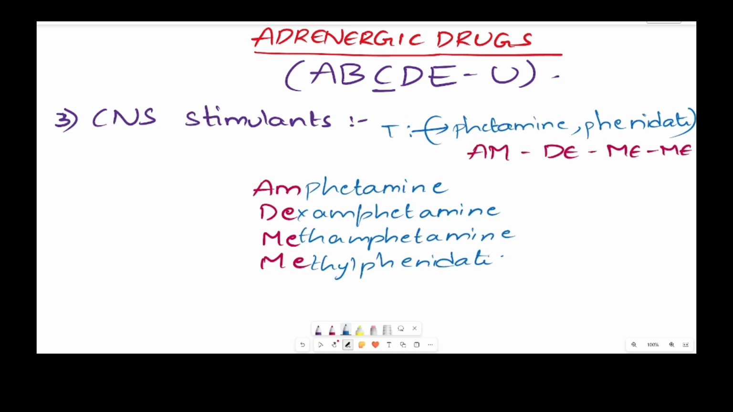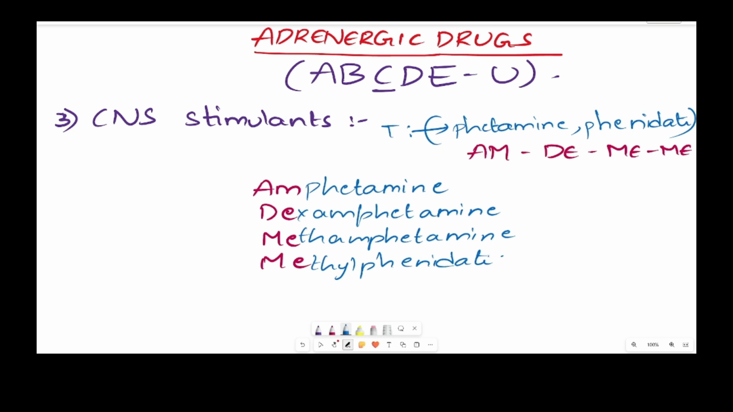Coming to the third class, which is with the letter C, CNS stimulants. The drugs under this will be ending with phetamine or phenidate, and they will be starting with A, D, M, and M. So the drugs are amphetamine, dexamphetamine, methamphetamine, and methylphenidate. For remembering the CNS stimulants, just remember phetamine and phenidate and the starting letters